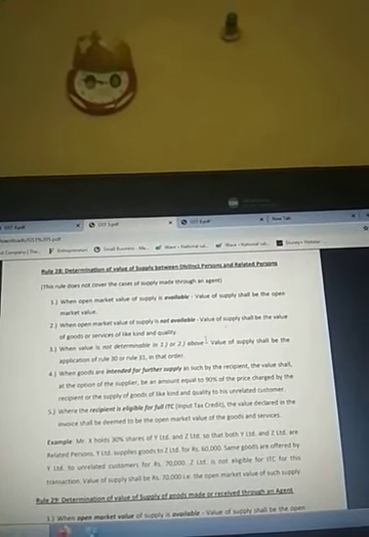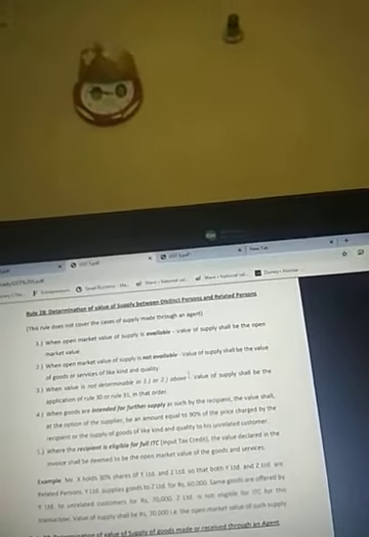Example: Mr. X holds 30% shares in Y Limited and Z Limited. So both Y Limited and Z Limited are related persons. Y Limited supplies goods to Z Limited for 60,000. The same goods are offered by Y Limited to an unrelated customer for 70,000. Z Limited is not eligible for ITC for this transaction. Value of supply shall be 70,000, the open market value of supply.